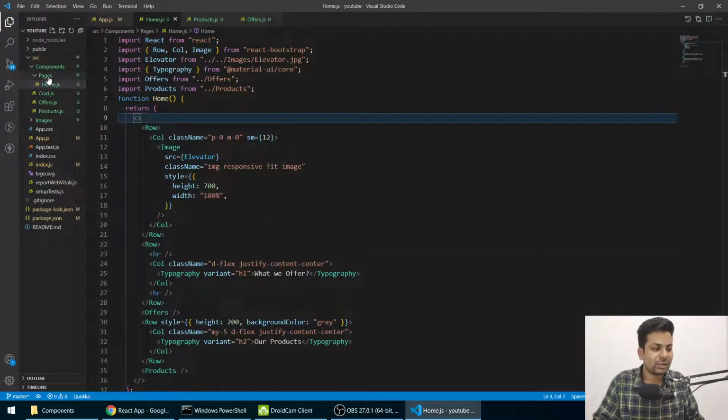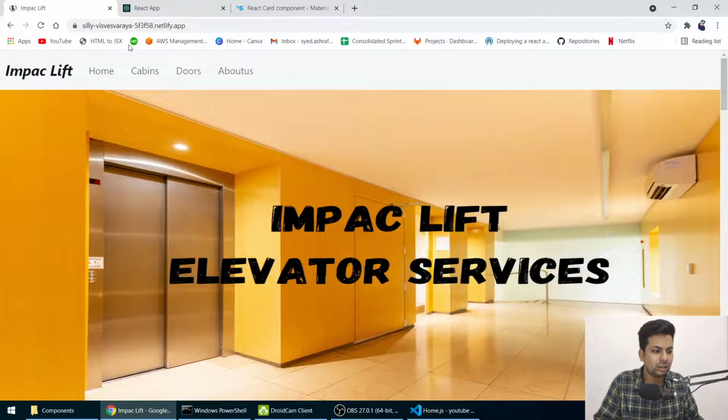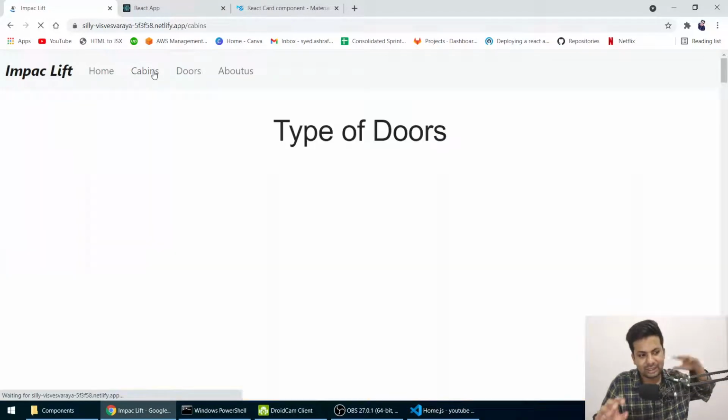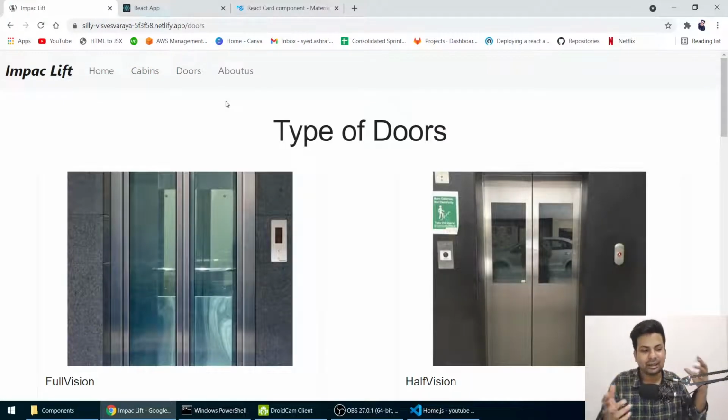So let me just make a second page, and let me check what the second page is. Cabin. I'll just let the cabin be. I'll first go to doors, because cabin is a little bit trickier, so I have to tell you how I am doing it, because I'm moving a little more advanced with every step.